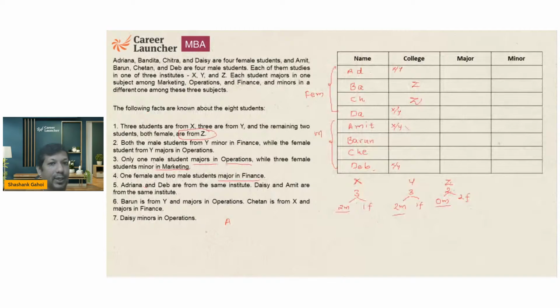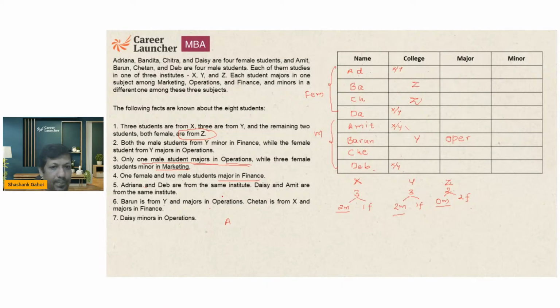Okay. Now I am going to start with the next statement. Barun is from Y. Now I like this statement. Barun is from Y, and majors in operation. Okay, so the major is operation. And among all the students, there is going to be one male student who majors in operations. Okay, and that is this. It means Amit, Chetan, and Deb definitely are not going to major in operation. They are going to be either